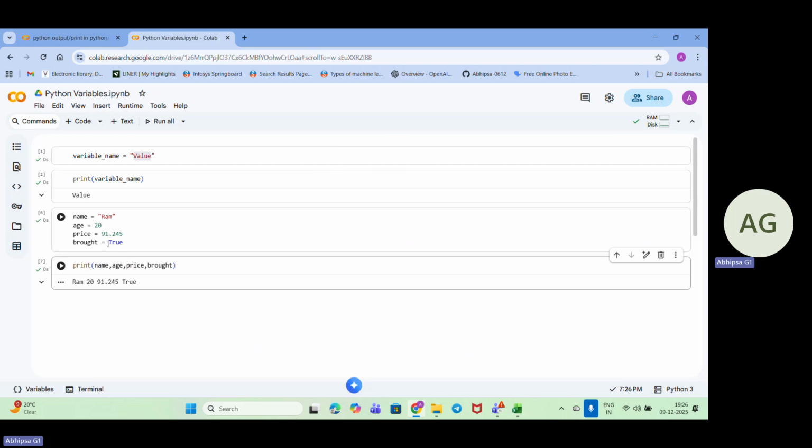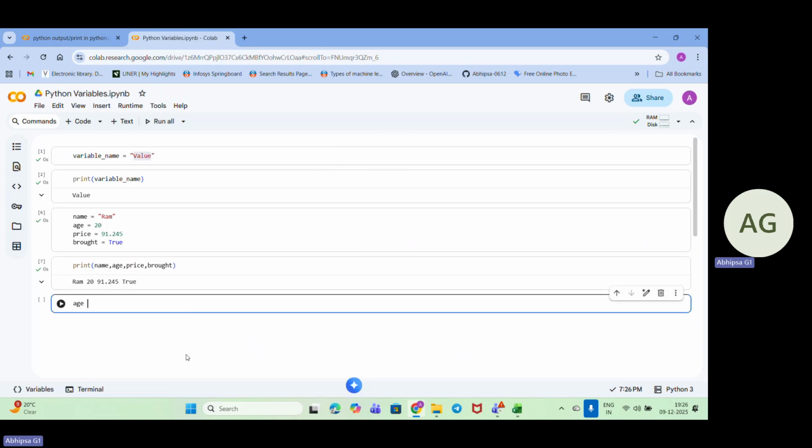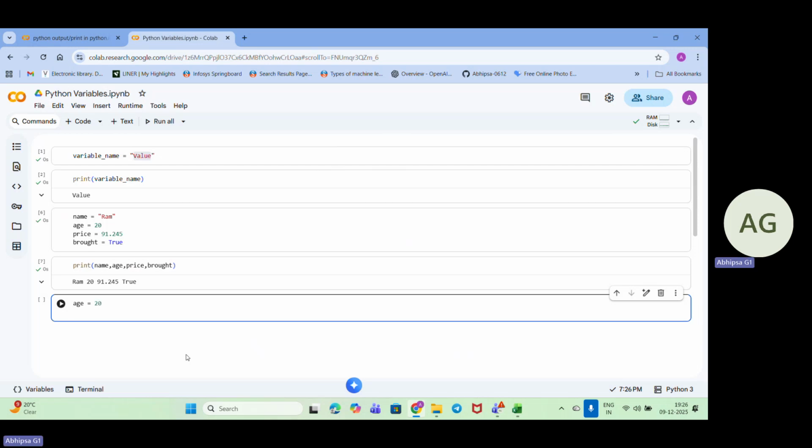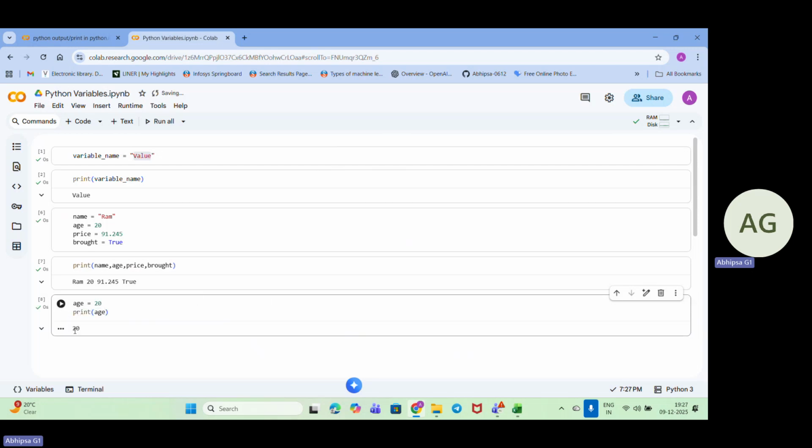Now printing variables, as I told, I have already initialized the variables and also printed them. In some cases, if I have to change the variable value, like update it, how can we do that? Similarly, if I give age equal to 20 and print age, the value of age comes as 20.